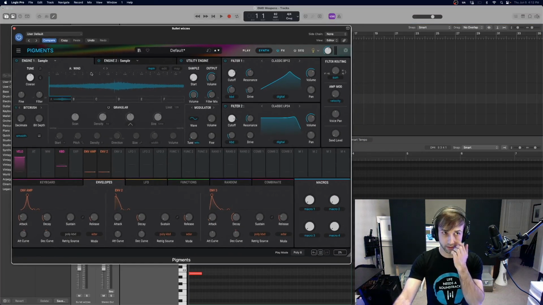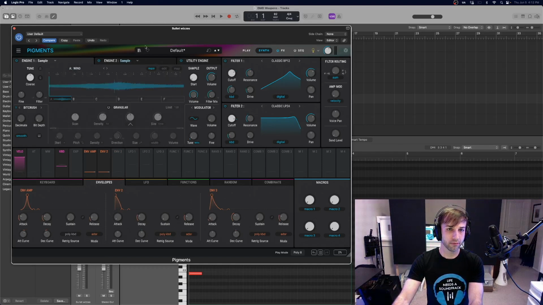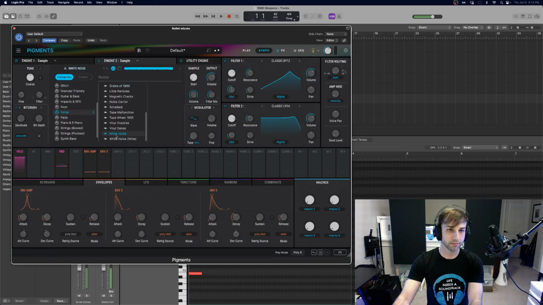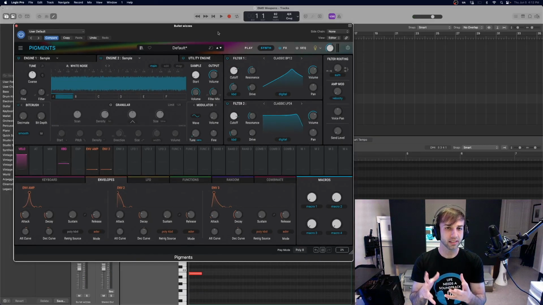So here I have a synthesizer that's going to layer some sounds. I have some wind here going on. And I have some white noise here that I'm going to layer on top. Now it's quite harsh. The wind is actually a little bit of a nicer sound. But yeah, those things together will be layered on top of each other and are going to be played